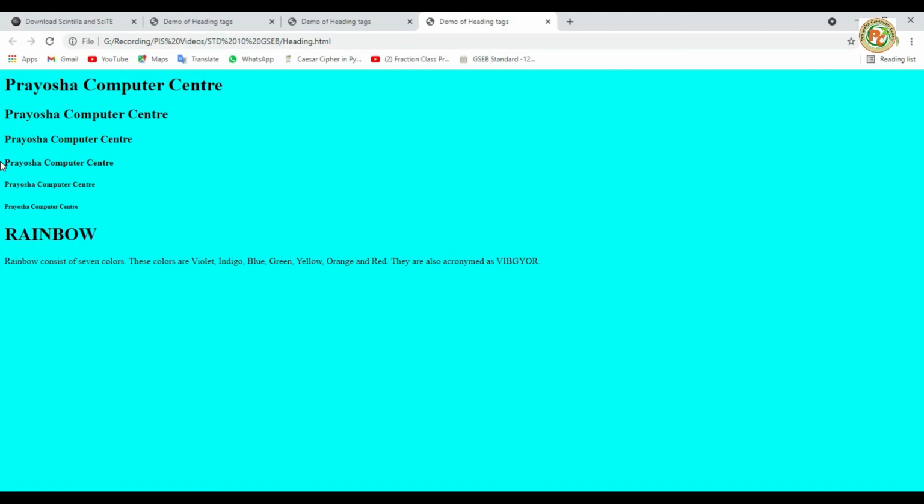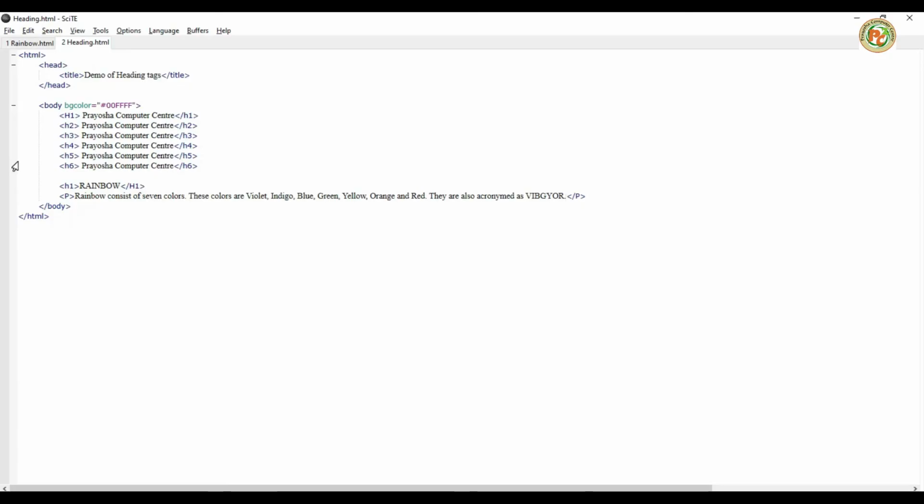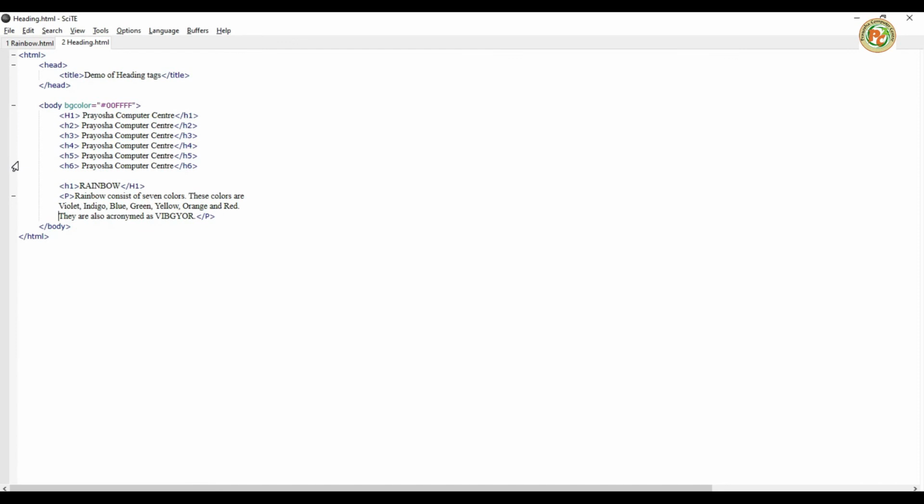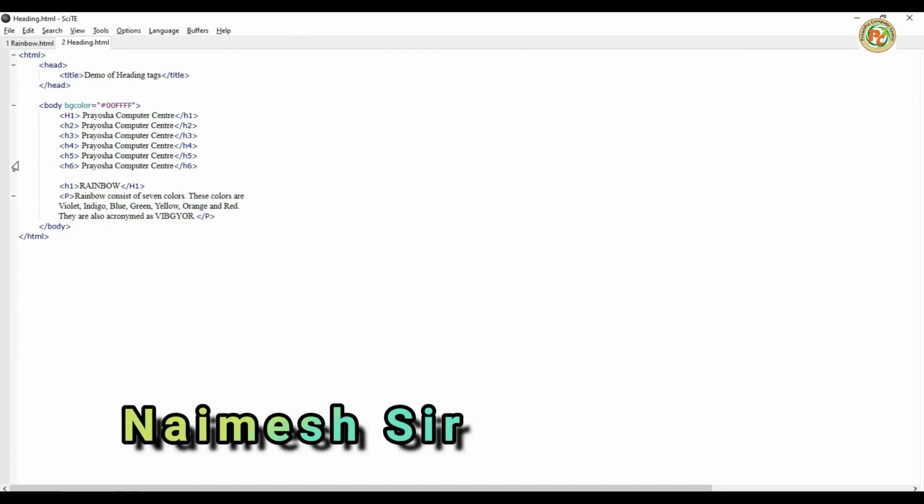But if you want to take a new line, for example, if you press enter after the R here, and then press enter again, you can see it remains the same, because if you want to change the paragraph you have to use the p tag. So if you want to create a new paragraph, you have to close it.